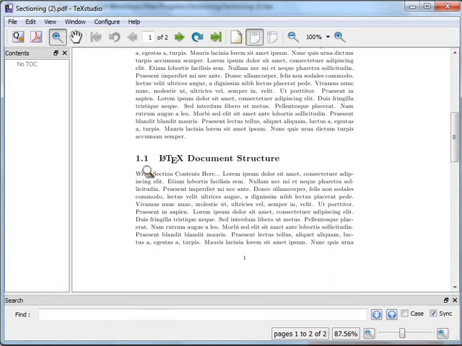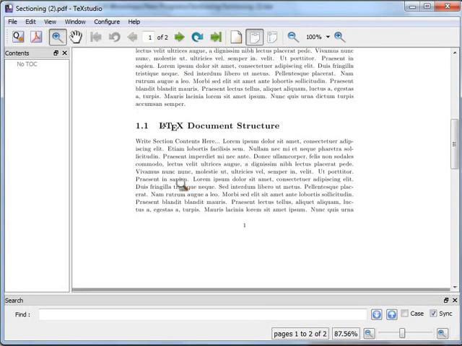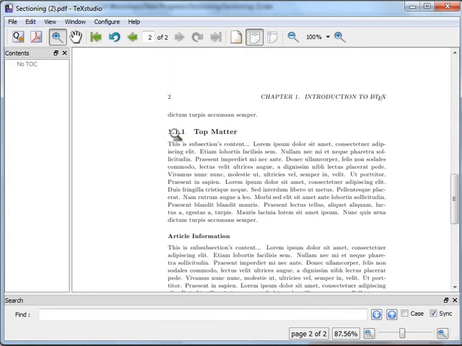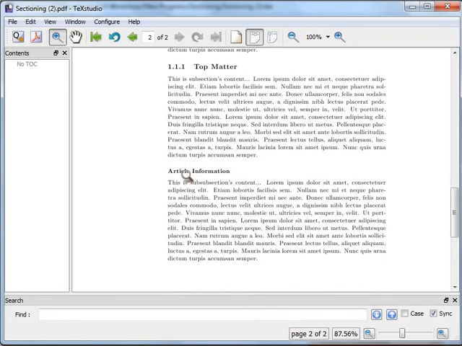Then we have given the sections. The first section is 1.1, whatever title you have provided. This font size is the default font size for the book document class, and again the text is added randomly by the blindtext command. Then this is a subsection, so 1.1.1, and the last is a subsection which is an unnumbered section.